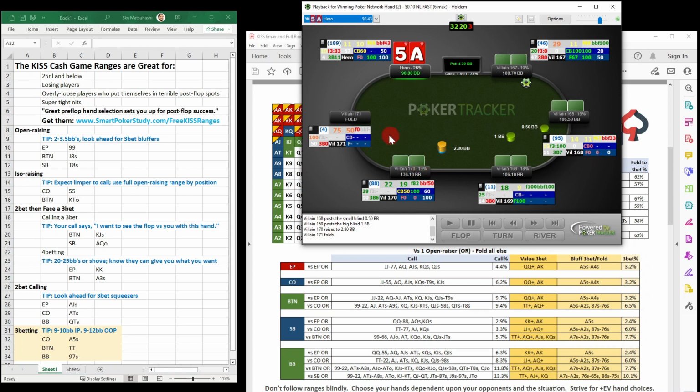Early position open raise or fold. Now we're in the cutoff. When we're in the cutoff versus the early position open raise, we're fine to call with these hands here, and we can bluff 3-bet with the ace-5 and ace-4, but always keep in mind that your plan is to fold